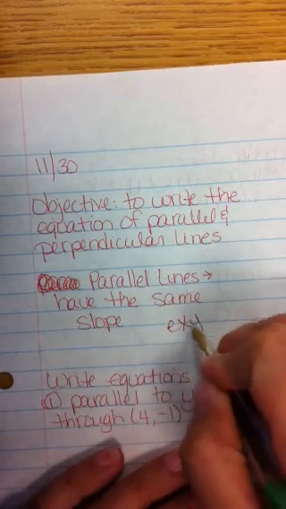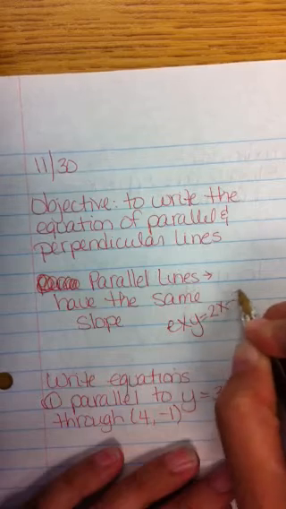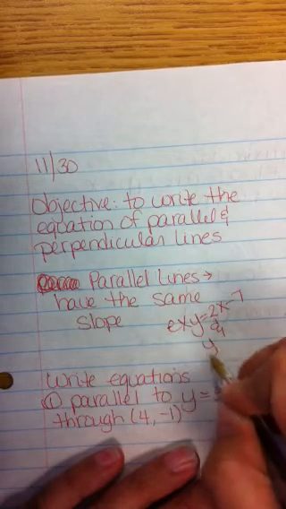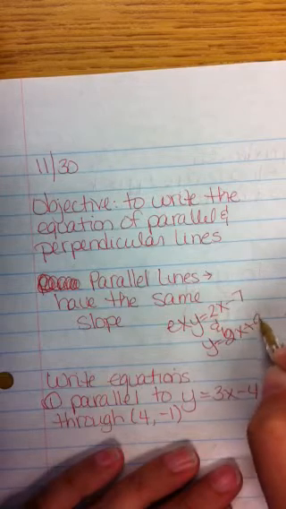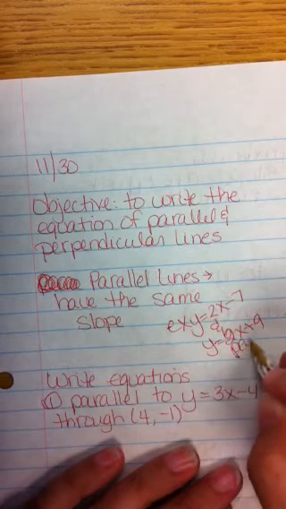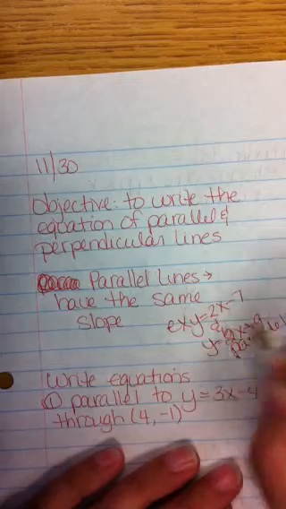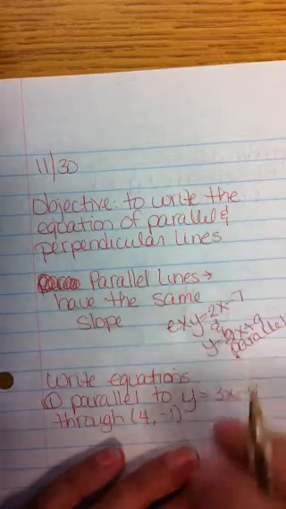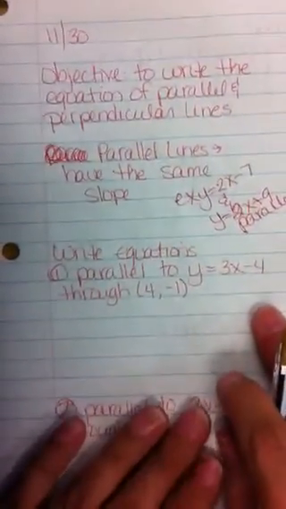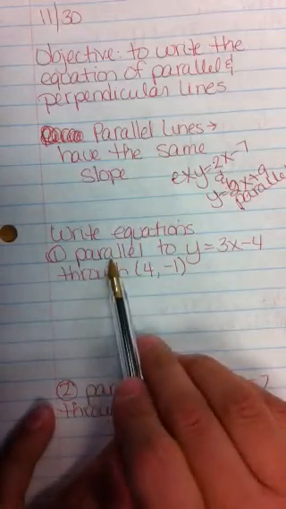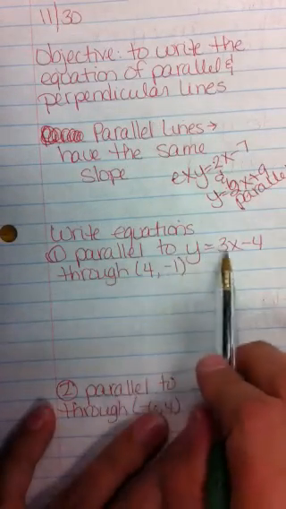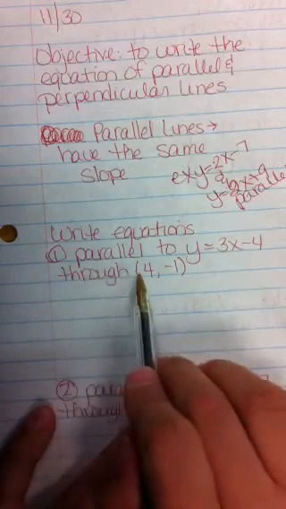So for example, y equals 2x minus 7 and y equals 2x plus 9 are parallel, because the slopes of both are 2. Okay, so what we're going to be doing is writing the equations of lines. We want to write the equation of the line parallel to y equals 3x minus 4 and passes through 4,